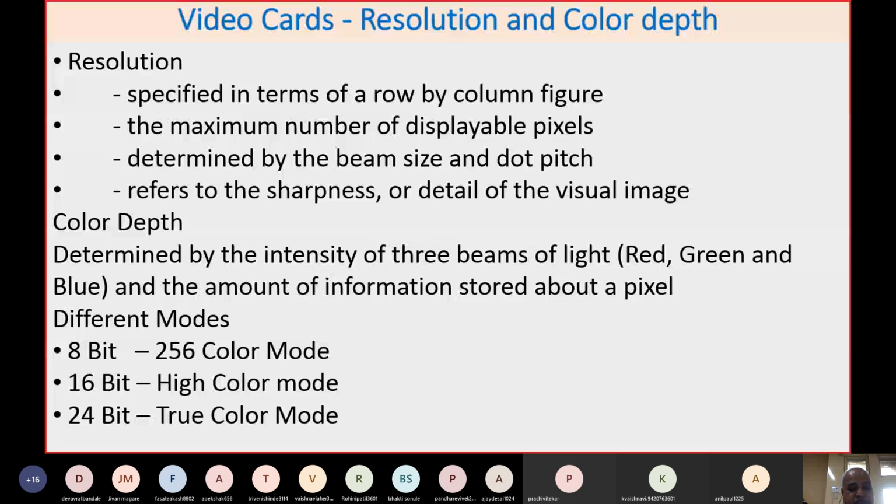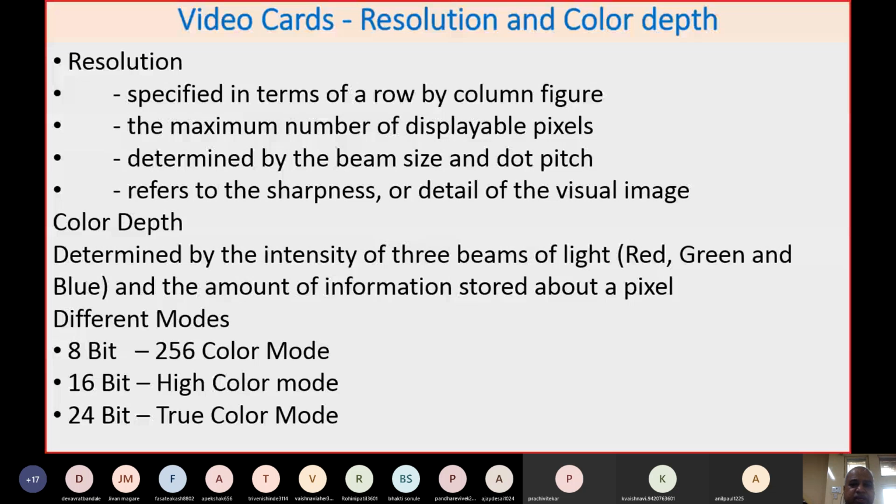But if you really wish to increase the number of colors, then you can go for 16-bit. Obviously, when you go for 16-bit, you can have more colors, that is 2 raised to 16 colors possible. Here, if you really want a very true color, that is millions of colors, then you can go for 24-bit or 32-bit or 48-bit. Any color depth above 24 is called the true color depth or true color mode.